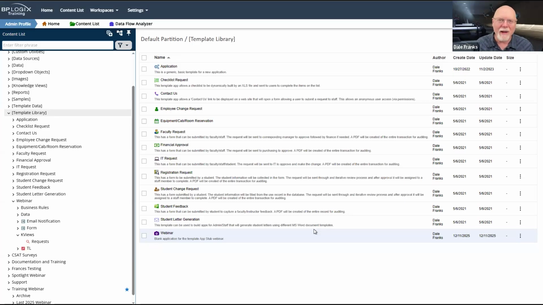If you have validation rules that you want to apply for all forms, you can include them as part of your template and you never have to configure them again because they'll just exist whenever you create your template. And that is the template folder, that's the templating system, and the template app stub that you're going to want to create as part of your template library.